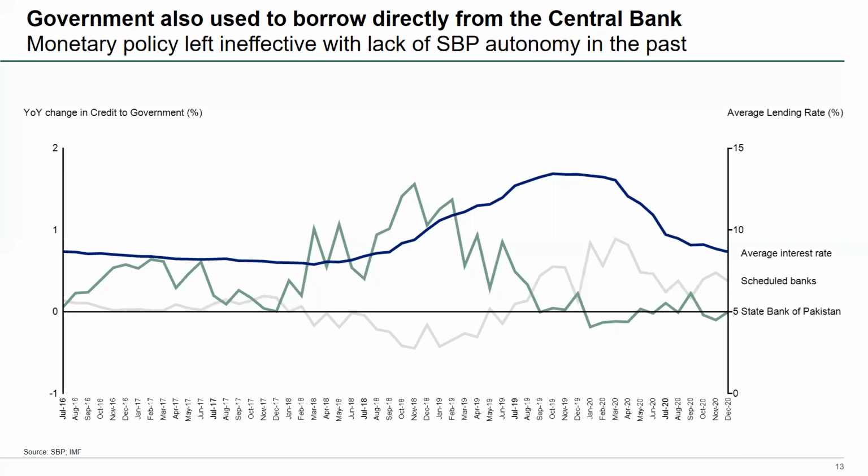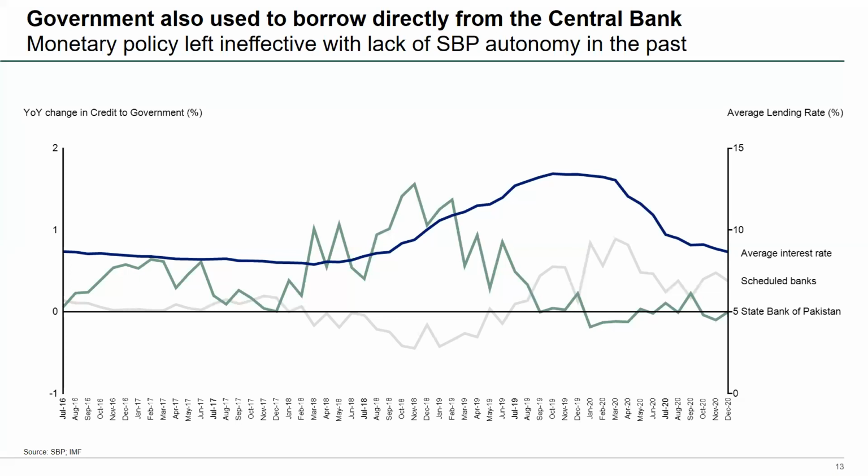So think of state bank borrowing as essentially interest-free loans that the government can just go and pick up at any point in time. The government has a deficit, it goes to the state bank, says we need a loan. Okay, whatever the interest rate is, the state bank prints cash, gives the money to the government, and that just leads to inflation, right? So what I can show you in the next slide is